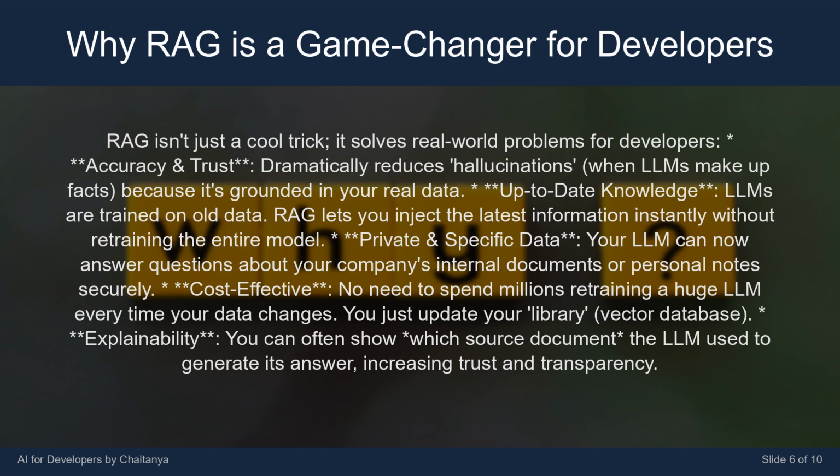Private and specific data: your LLM can now answer questions about your company's internal documents or personal notes securely. Cost-effective: no need to spend millions retraining a huge LLM every time your data changes. You just update your vector database. Explainability: you can often show which source document the LLM used to generate its answer, increasing trust and